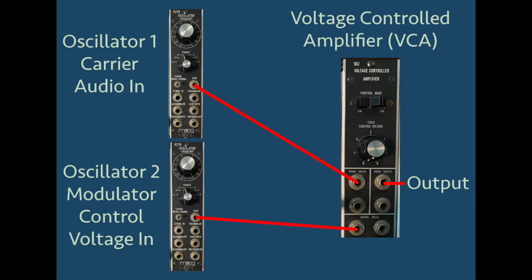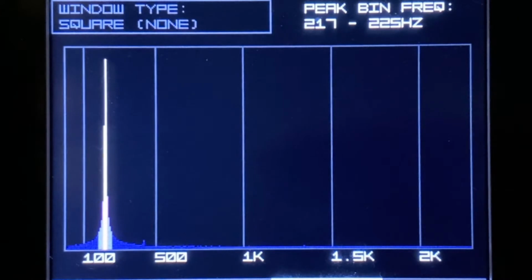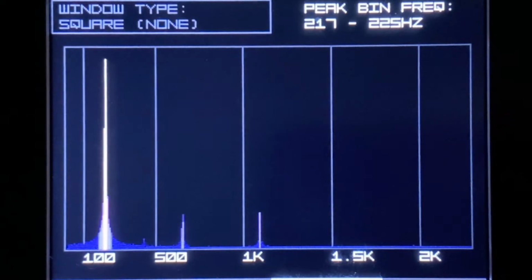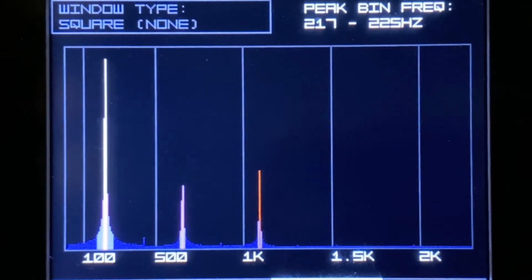However, because the frequency is so high, we won't hear the volume going up or down, but something more interesting is going to happen. Let's inspect the output of the VCA in the spectrum analyzer. Here's our original 220 Hz sine wave. And now I've brought in the 880 Hz sine wave to modulate the VCA. Notice that the original frequency bar is still there for 220 Hz, but two additional bars showed up, each at different frequencies and at lower amplitudes than the original. So the final output has additional frequencies added.